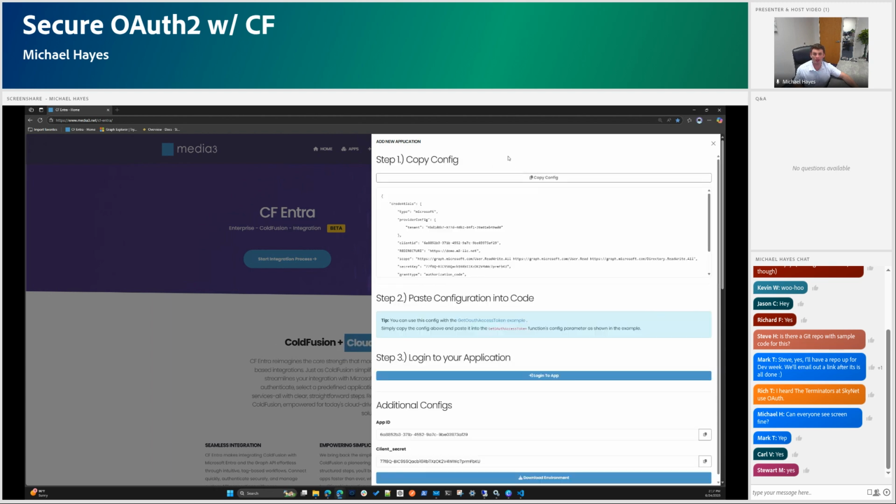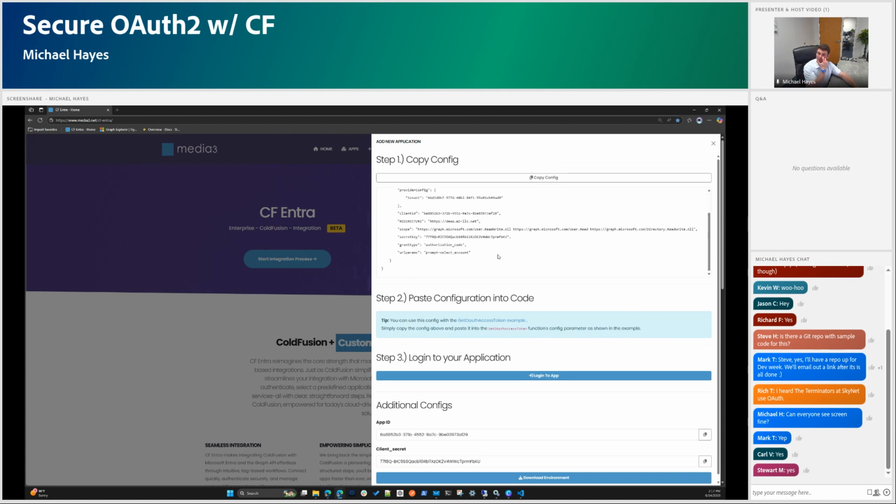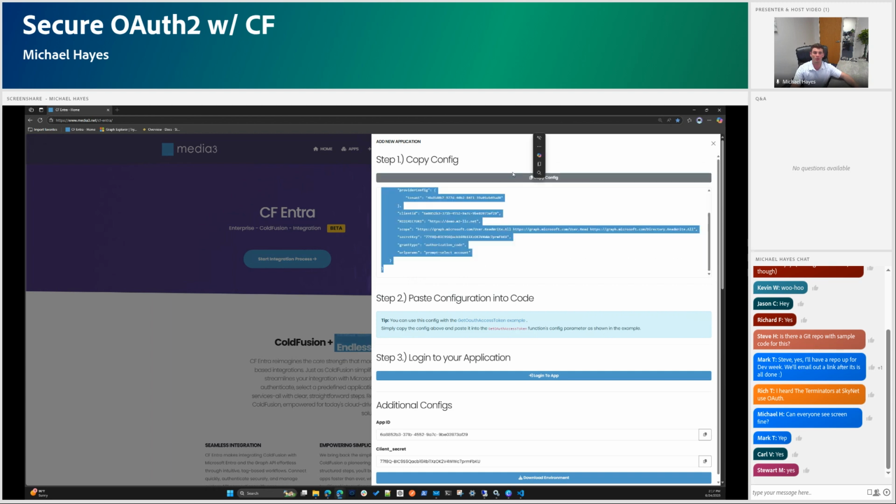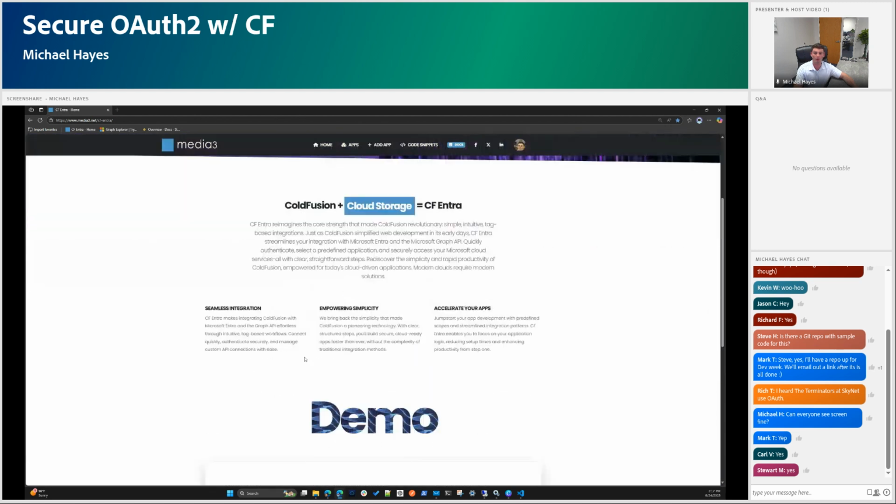And after creating the application, you'll see a pretty basic page that I have. This is a JSON configuration with the variables that you will need in order to perform the authentication. So I have an example